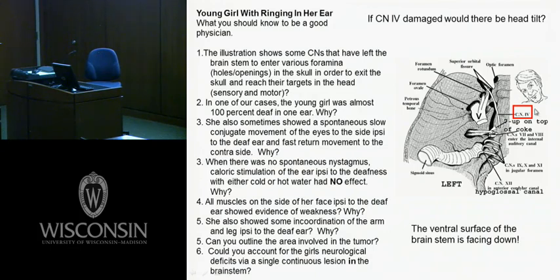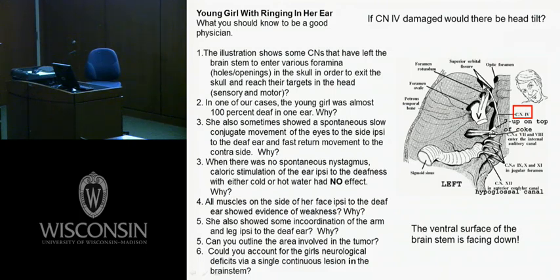Now, I put a box around this cranial nerve 4 because I like cranial nerve 4. Sometimes this tumor can get cranial nerve 4. You can see old cranial nerve 4 is going up there through the superior orbital fissure. You can't see 3 and 6, but they go up through there. Now, I even labeled it for you, this is the left side. This is the left cranial nerve